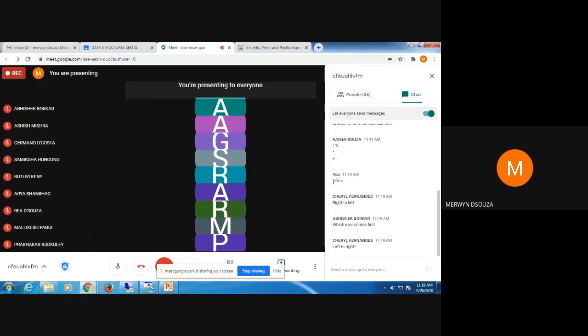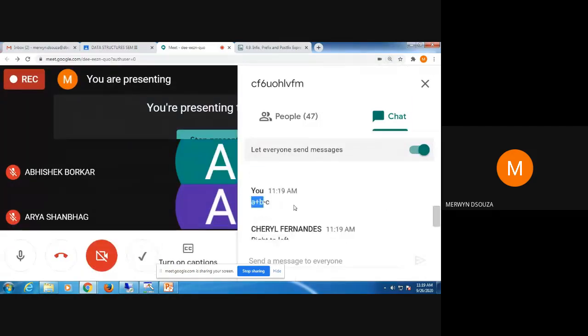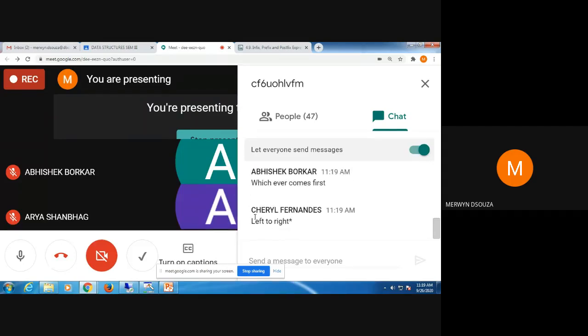So when you start from left, first we will solve this. I hope you can see what I'm highlighting here. I'll just zoom it in. When you start solving, you're going to solve this portion first, what I've just highlighted, a plus b. You'll get some answer, and that answer you will subtract with c, and then that will be your final answer. So that is the way you solve when you are having equal priority operators. Yeah, Cheryl, it is left to right.